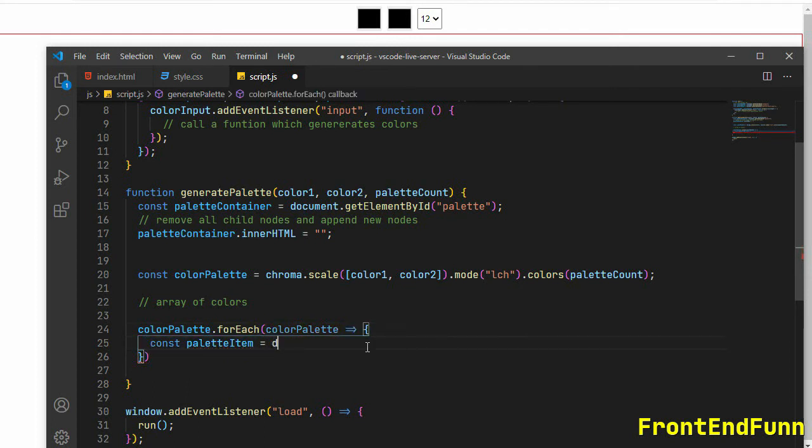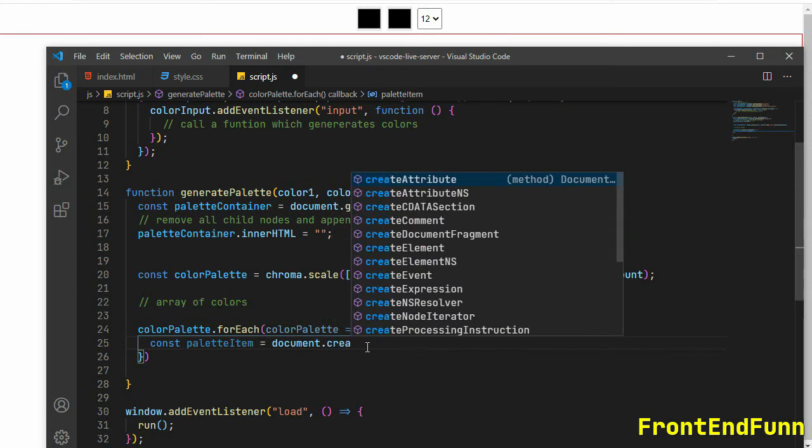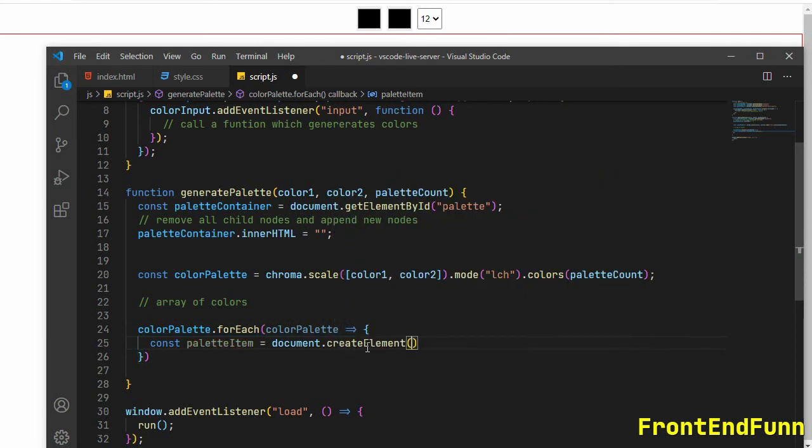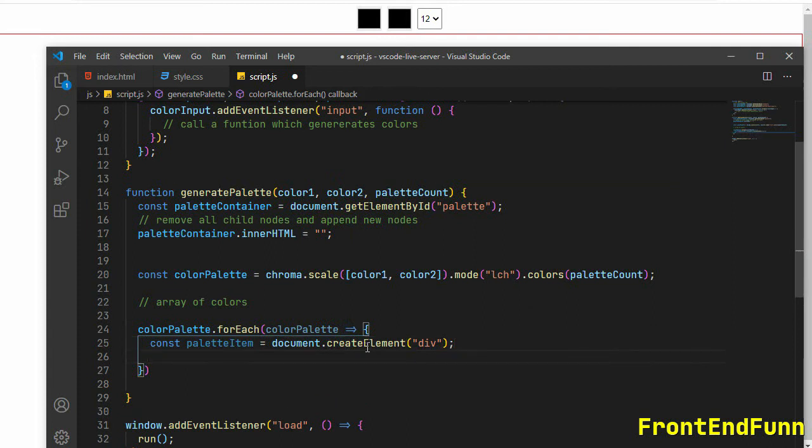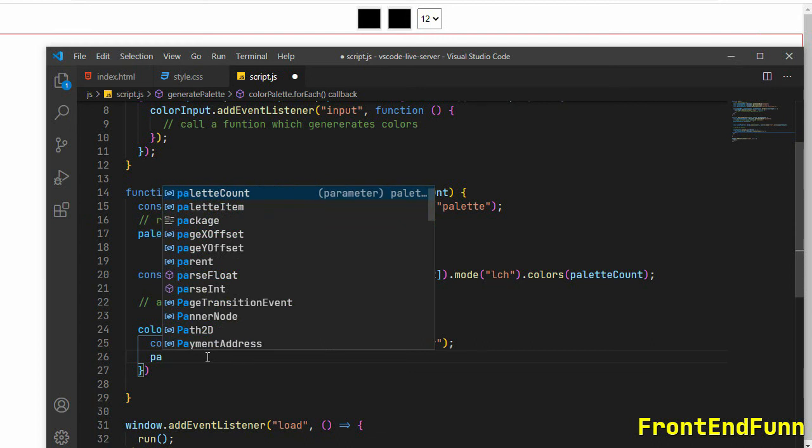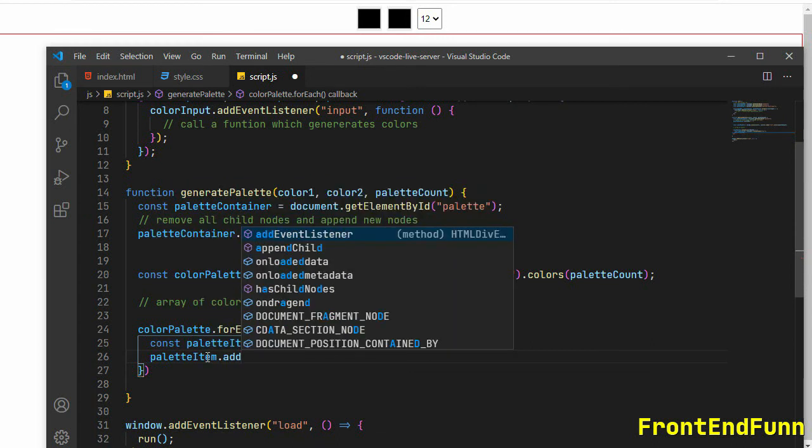So paletteItem equal to document.createElement, the element will be a div element, and for the paletteItem I am going to add a class here.